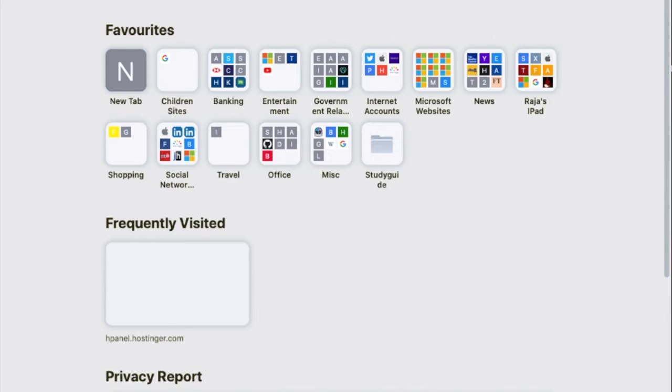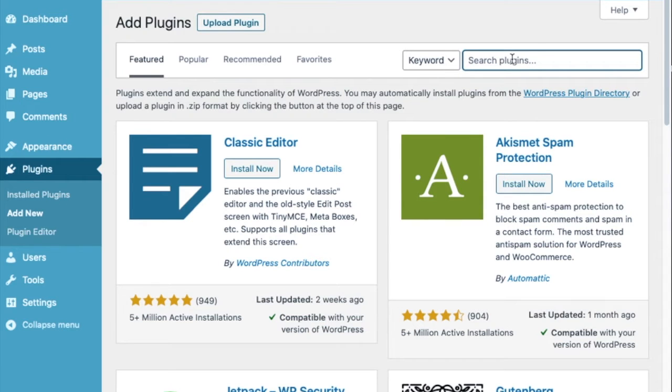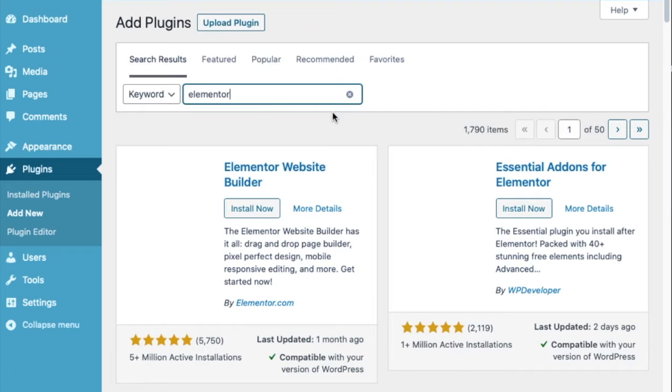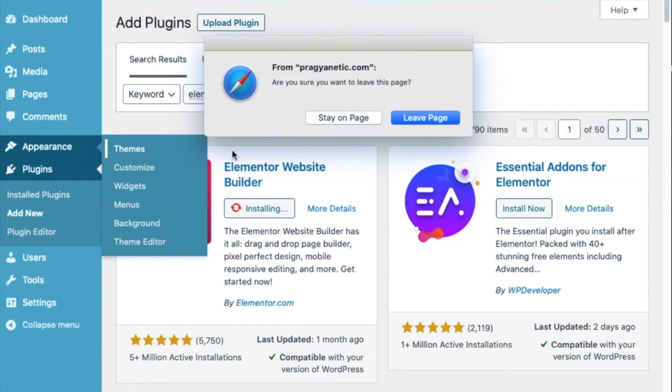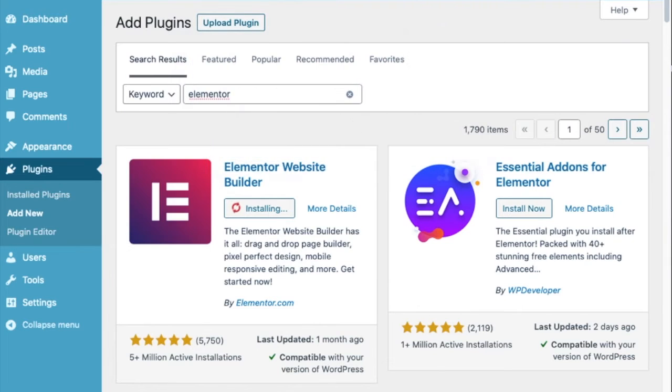And also the SSL, which is the security checker. Let us not waste any more time and get started. I'm going to add an Elementor theme first. This will take care of the block editor, which will take care of your fonts and many more. So it's been installed now, installing now. After it is installed, we need to just activate it and then start working with it. Until then, we'll see the themes which we want, so let's wait for it to install.